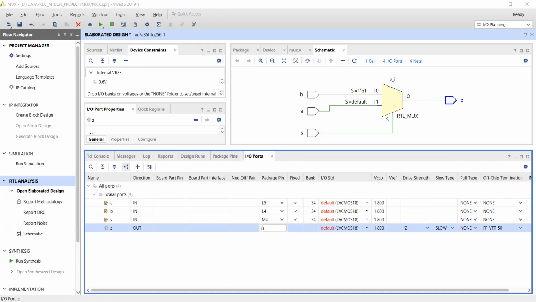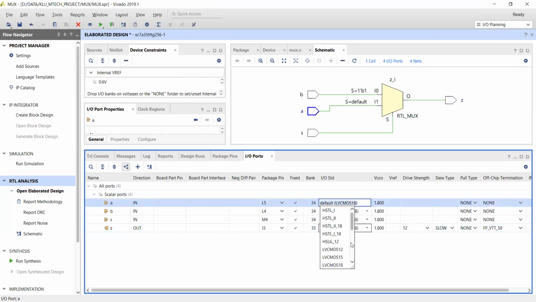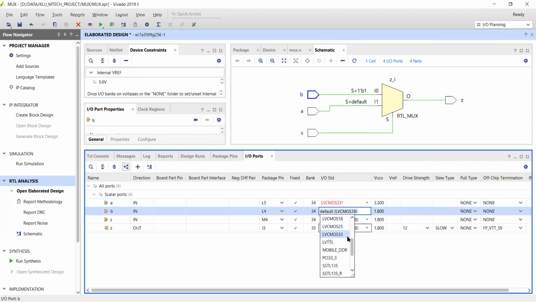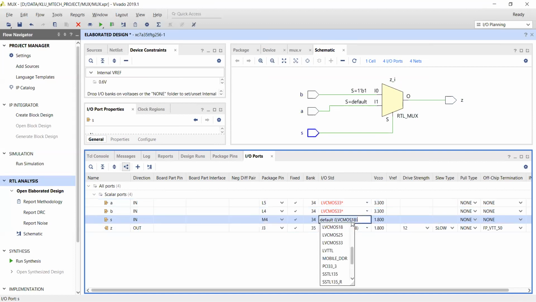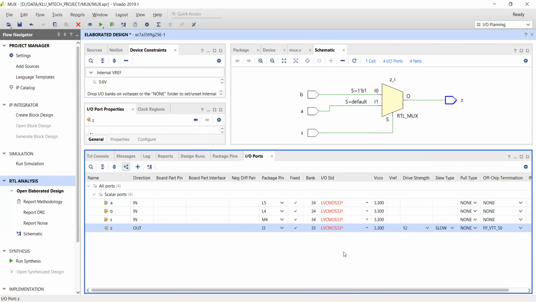And here I want to change the IO standard to LVCMOS33, because we are always operating in low power applications with a certain level. So the technology here is called LVCMOS33, low voltage CMOS technology, 3.3 volts.